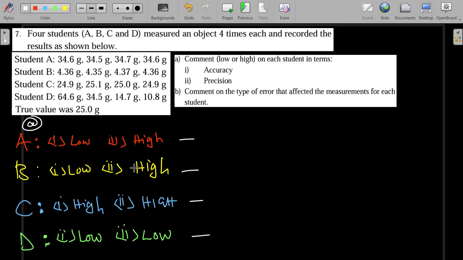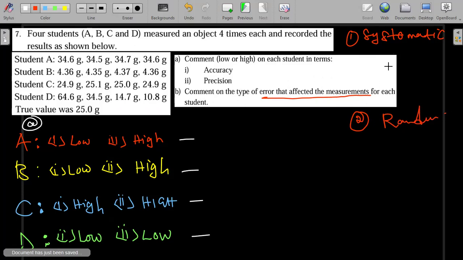Okay, so B, they're saying comment on the type of error that affected the measurements for each student. So the types of errors that we have: one, the systematic error, and two, the random errors. The way these happen is that the systematic error has a direction, while the random error does not. So if, for example, my true value is 10,